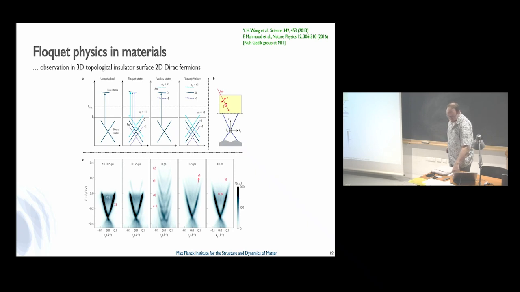Okay, so there are other observations. I was mentioning photoemission earlier. There are other observations of Floquet physics in materials. And in fact, the first experiment in a material that showed Floquet-like effects was by Mahmood at MIT in 2013, and a follow-up in 2016 in Nature Physics, in which they really showed that if you follow snapshots of the effective band structure, of the light-dressed band structure during the drive, definitely at time zero you find